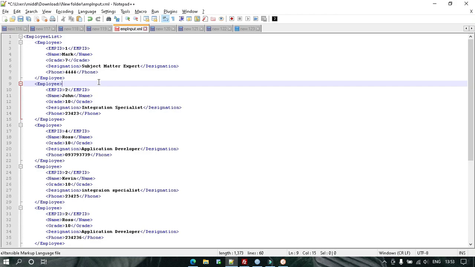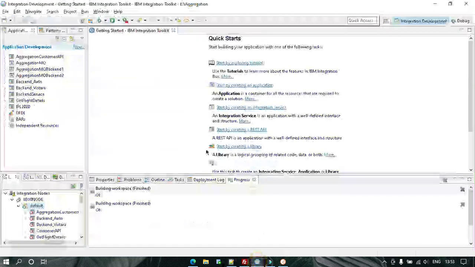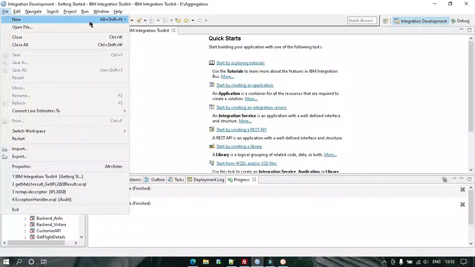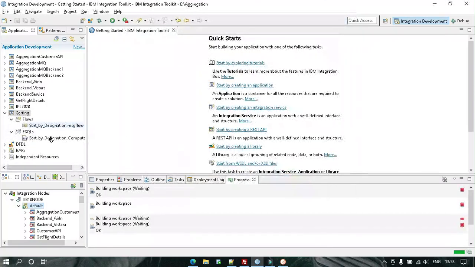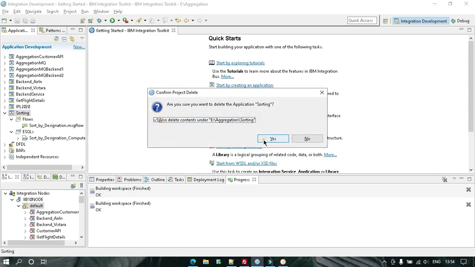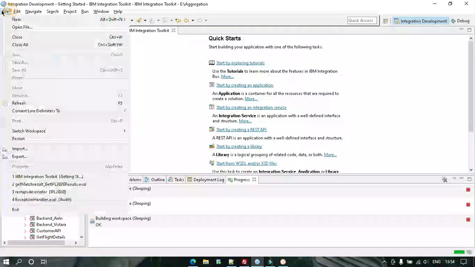So let's get started. Let me quickly create an application. Let me call it sorting. I already created one, but I wanted to show you from scratch, so let me delete it.